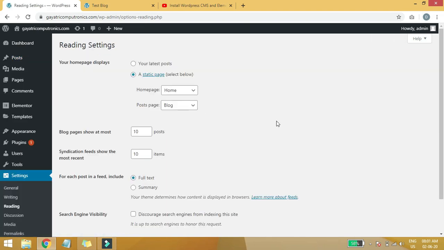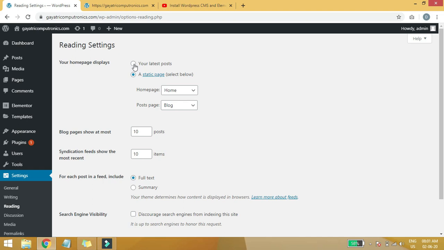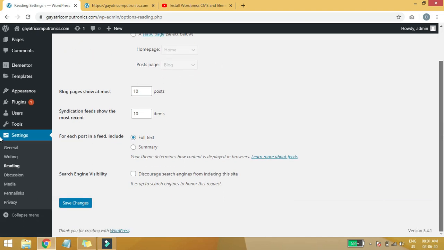Okay, so if you want your post to be seen on your front page, basically in this page, you will need to select your latest posts and click on save changes.